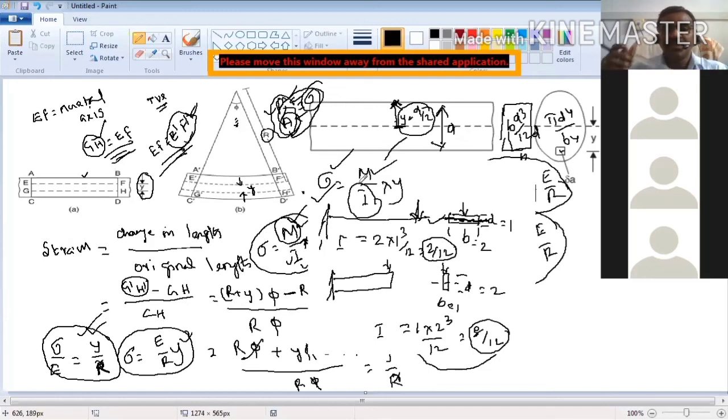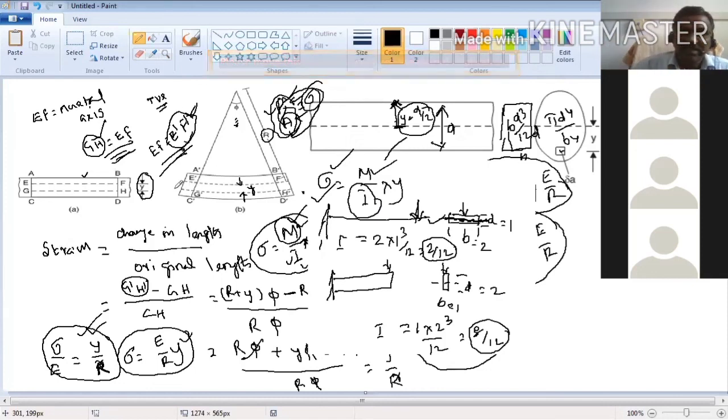So if you want to break the scale, you don't keep it like this and apply the load. You keep it like this and apply the load. You can easily break this scale because the stress developed will be more. So this is what I want to tell in this.